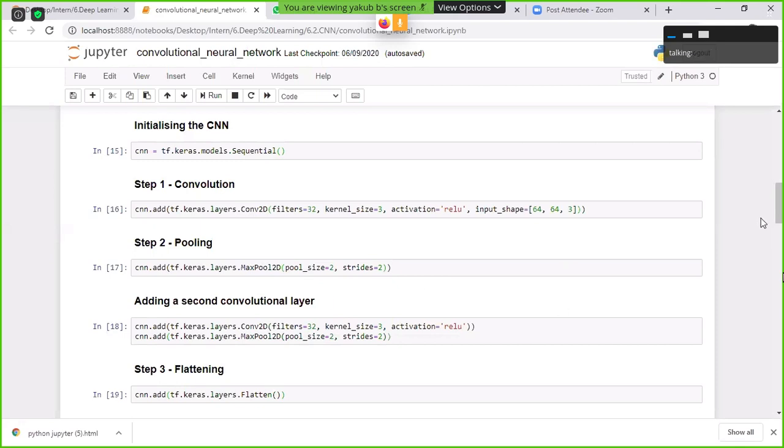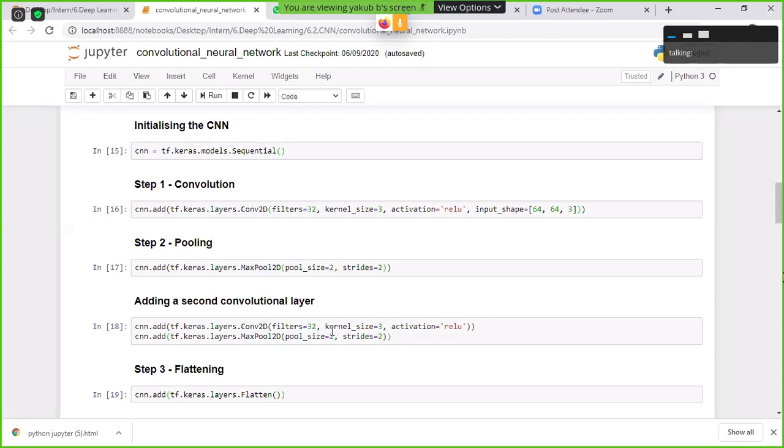After that, to get the best accuracy, I am applying one more convolution layer. Based on your requirement, you can apply any number of convolution layers. Whereas coming to my problem, I am applying one more convolution layer. Whenever you want to apply the convolution layer, here again we need to apply Conv2D. For this convolutional 2-dimensional layer, input will be this max pooled value. Whatever features you got from this max pooling layer will work as an input to this convolution layer.